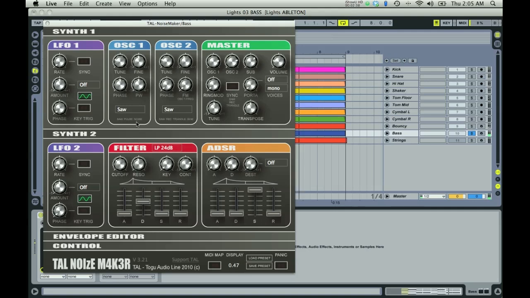Kind of gives it a wah-ish effect. Whenever you have a filter envelope in use, you can increase the resonance to really show what the envelope does and essentially give it a kind of wah effect. Now, volume-wise, bring it back up. And that's your bass sound.